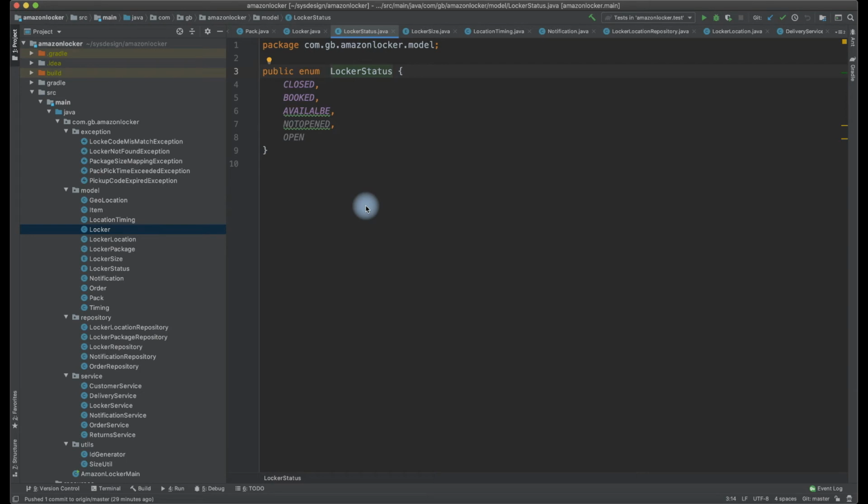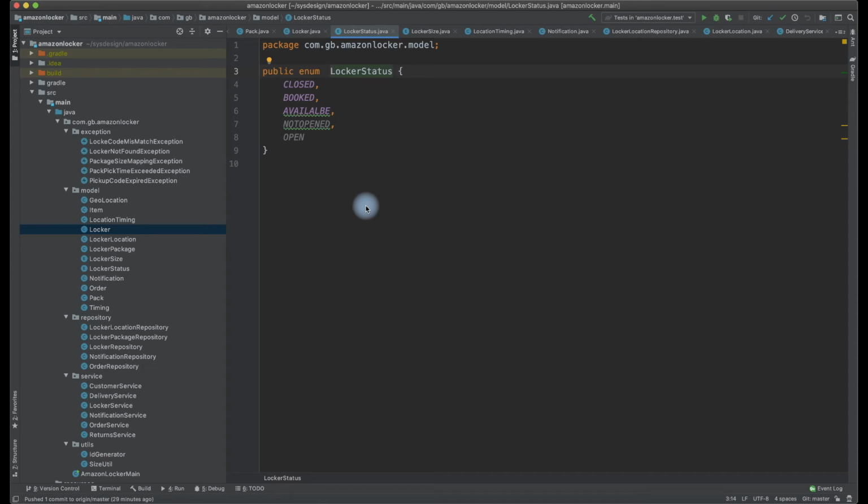Whenever Amazon installs a new locker, it becomes available by default. Booked means when a locker is assigned, it is booked. So next time when Amazon tries to place an order, this booked locker should not be available for others to place an item. So that is the booked state.